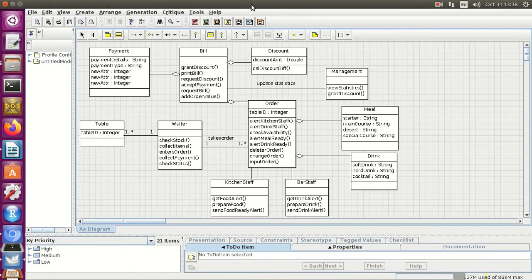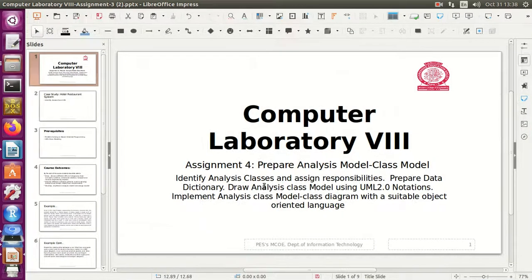That .java file contains whatever attributes we used in this particular class, and whatever methods we used in this particular class. Only the methods and variable declarations are there in assignment number 4.